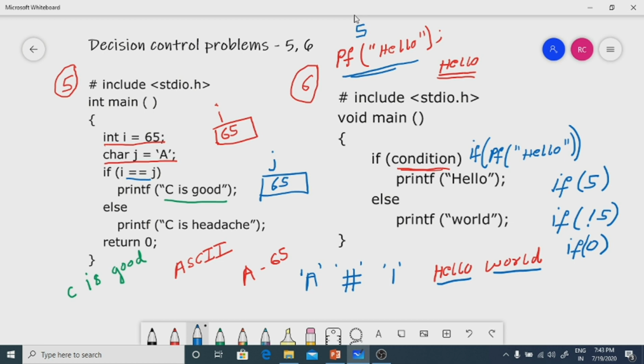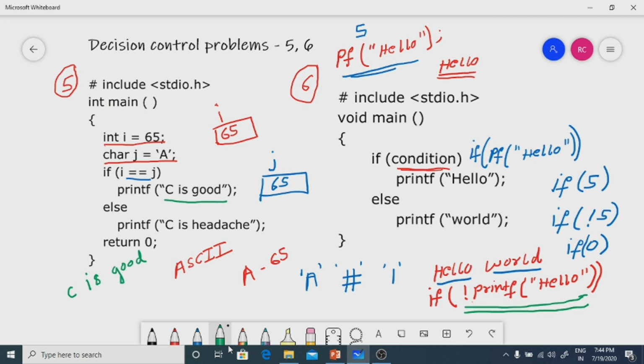So what should the condition be? The condition should be if not of printf of hello, in double quotes.